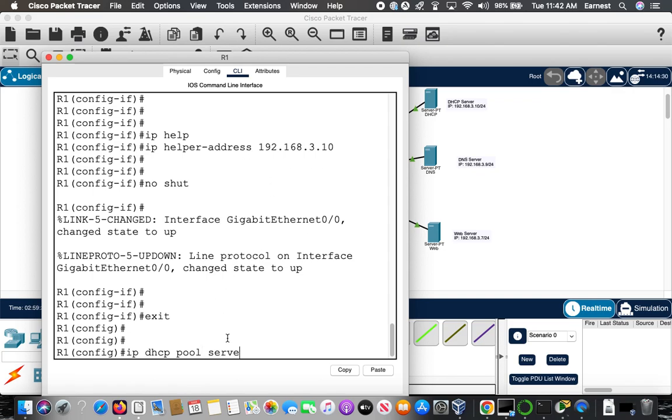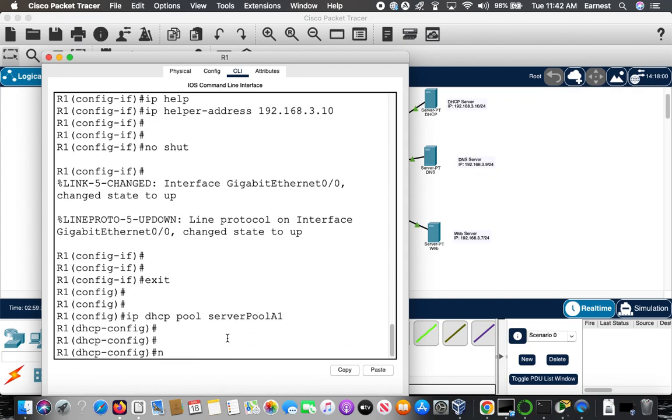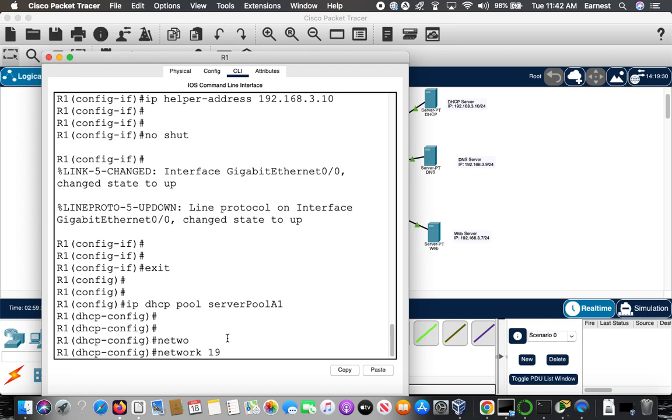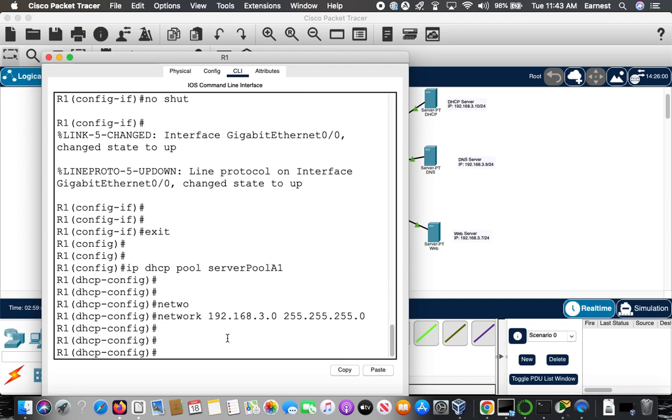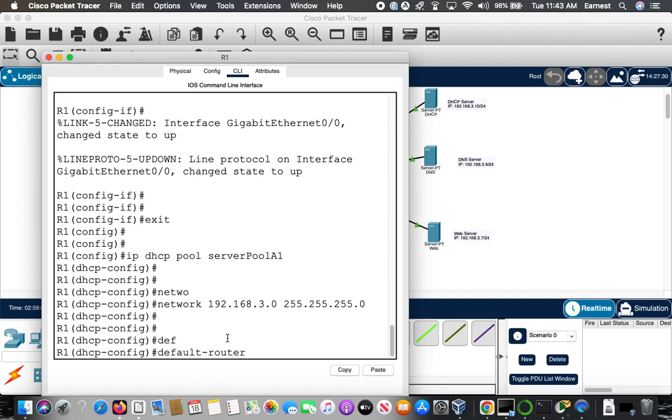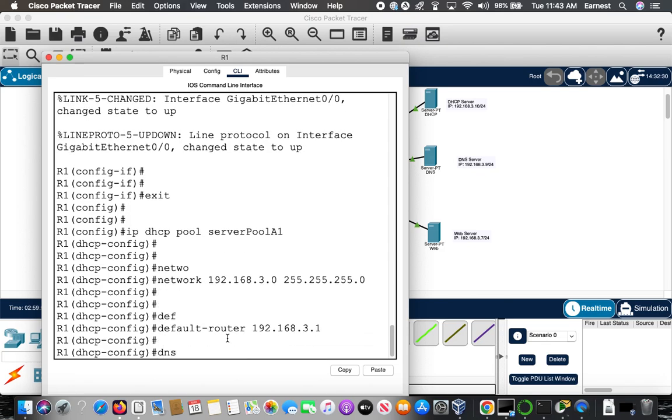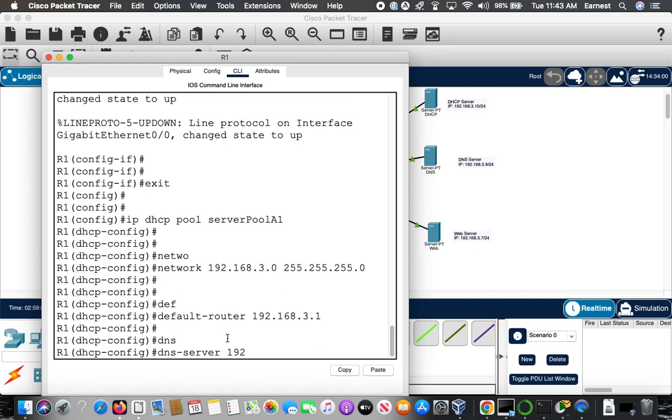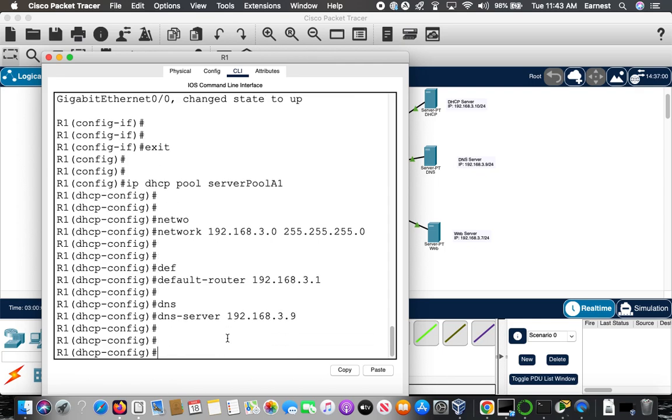So server pool A1, network 192.168.3.0, 255.255.255.0, default router 192.168.3.1, DNS server 192.168.3.9. Okay,